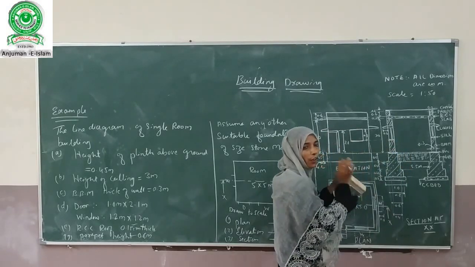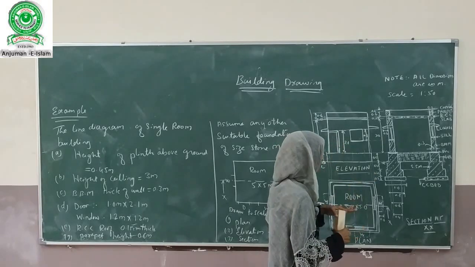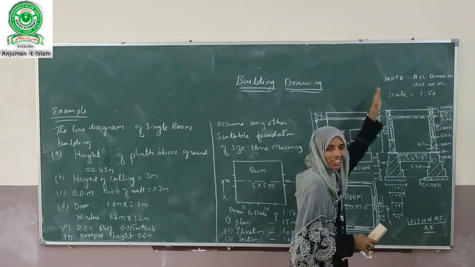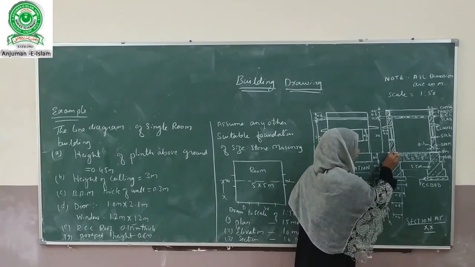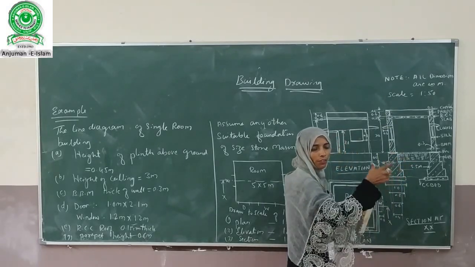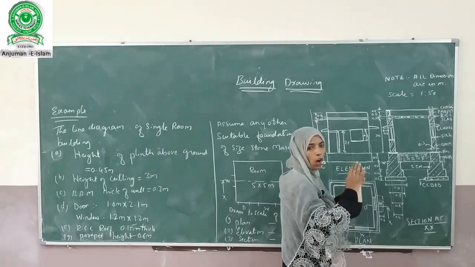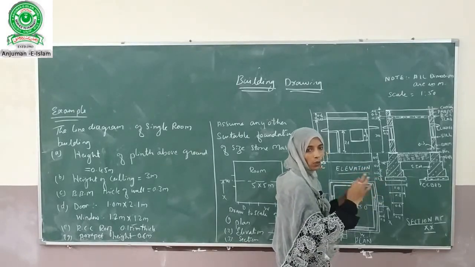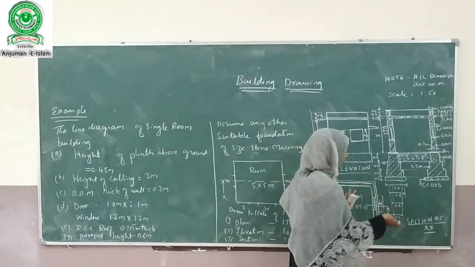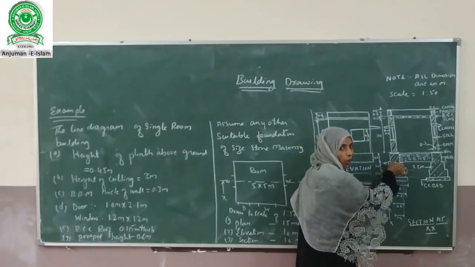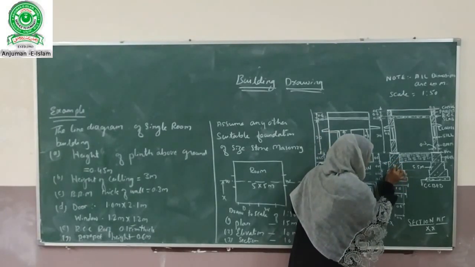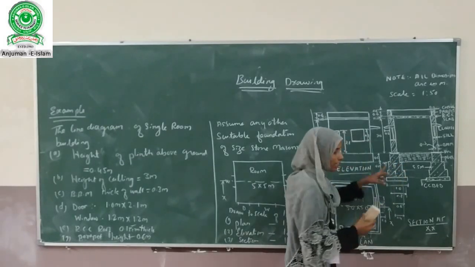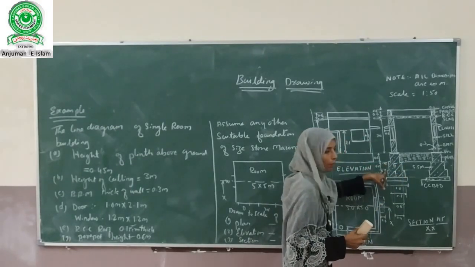The easy way of drawing the plinth cross section is that you first draw the center line. From the ground level, you place the position of the basement by taking an equal offset on either side. Below the offset, you are going to provide the footings. This is the first footing, this is the second footing. The thickness, the height of the footing will be placed here.